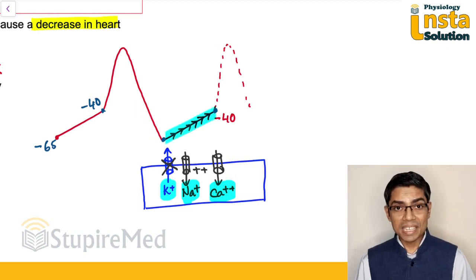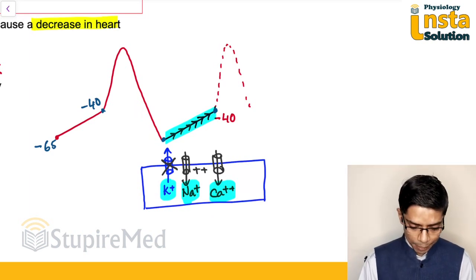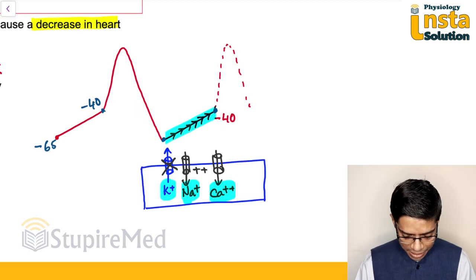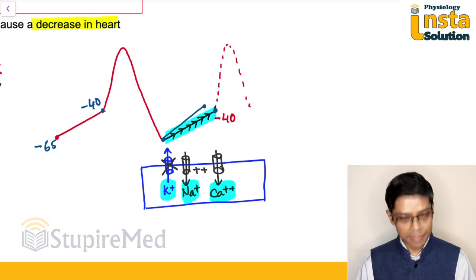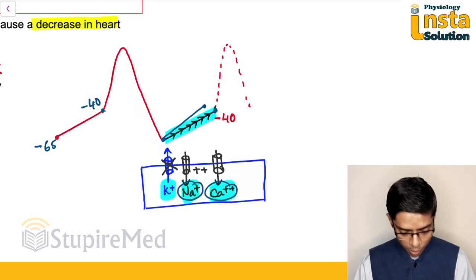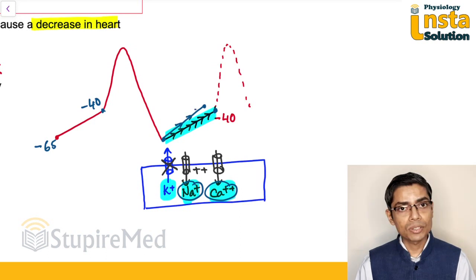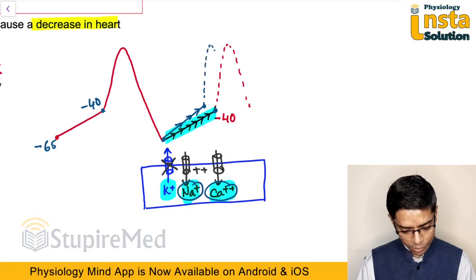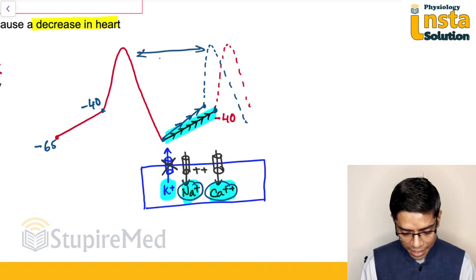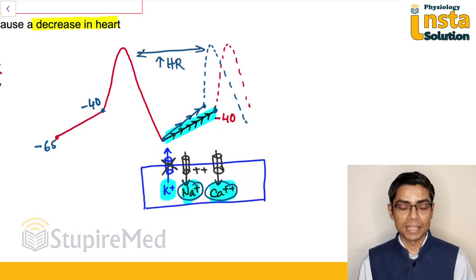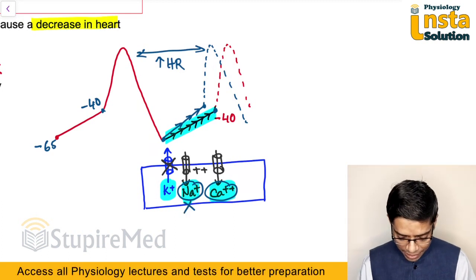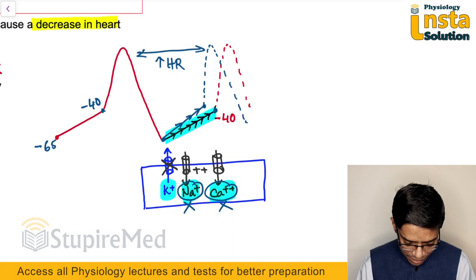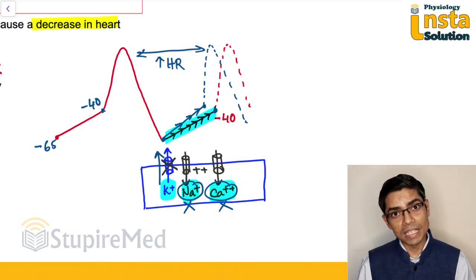If these three things increase in nature, that means more sodium entry and more calcium entry, what will happen? This prepotential will change its slope like this. Obviously, this prepotential will rise to the threshold voltage in a rapid manner, and the second action potential will be generated like this. That is nothing but an increase in heart rate. So decreasing sodium, decreasing calcium, or increasing potassium will cause a decrease in